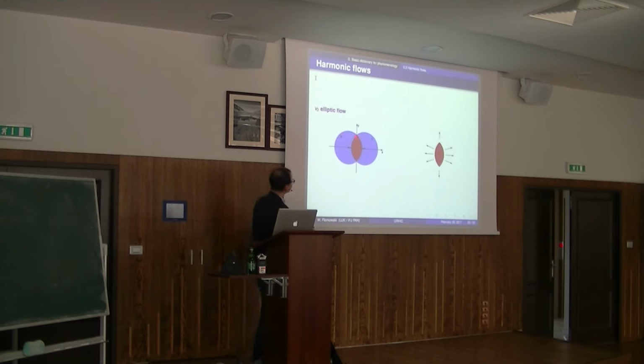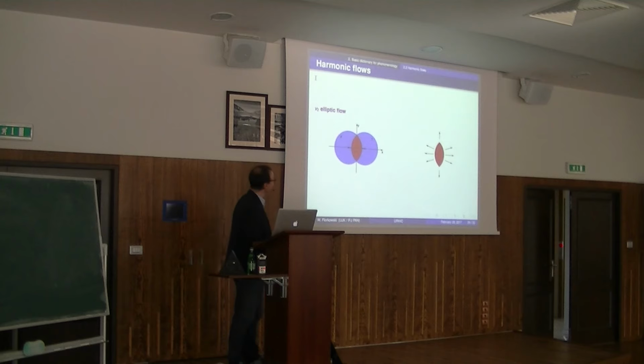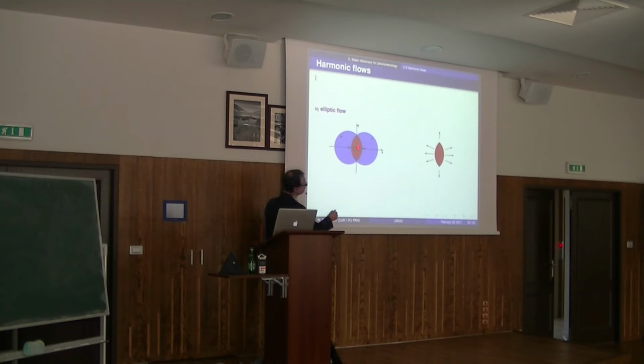So actually the gradients different from zero are only at the edge. But it doesn't matter, this argument can still be used, because what happens here is that the rarefaction wave enters here and bounces back, and because the distance here is shorter, I think there is faster expansion in this direction. So this is a slightly different argument, but finally you have more matter